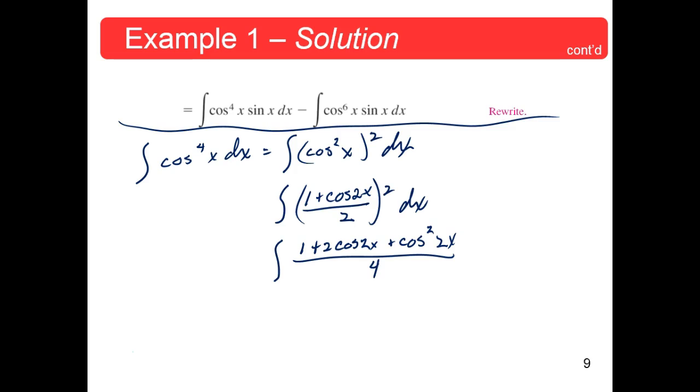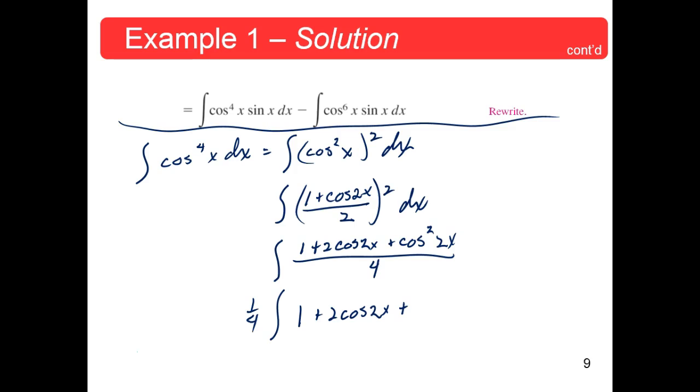And if it's okay with you, I'm going to take that 1/4 on the outside. Is that all right? Okay, let's do that. 1/4, and this is the indefinite integral, so we're going to have a plus c, remember, but we'll come back and mess with that later. Okay, now what do we have? The integral. 1, I can do that, plus 2 cosine 2x. Takes me a little bit, but I can do that one. Okay, plus,